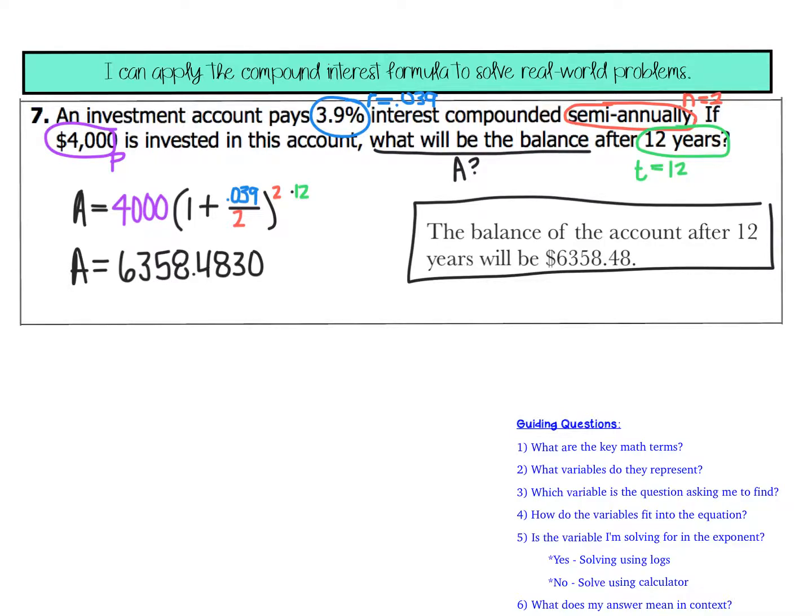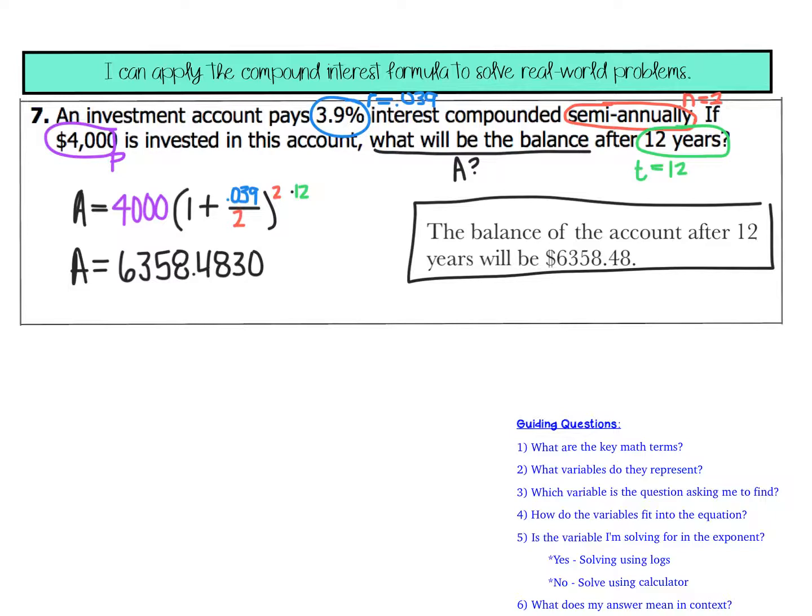So if I have a semicircle, that means it's half of a circle, right? So semi-annually, annually means every year, so it'd be half a year. So if I'm compounding every half year, how many times in 1 year will it be compounded? That is twice. So semi-annually means twice a year. So when I plug all of that into my formula using 3.9%, N is 2, 12 years, $4,000 as the principal, my account balance will be